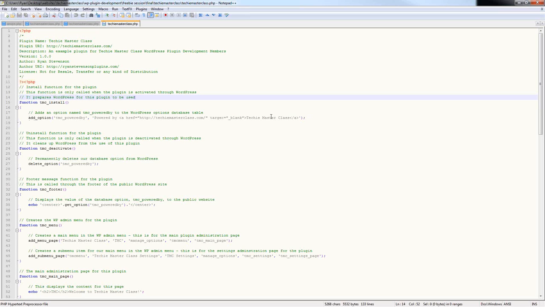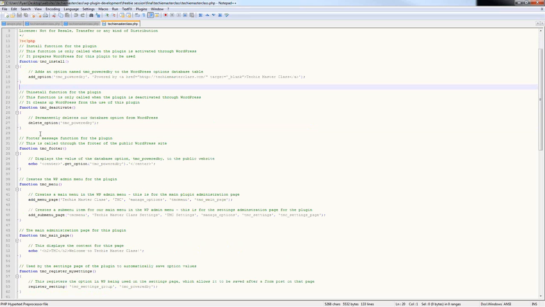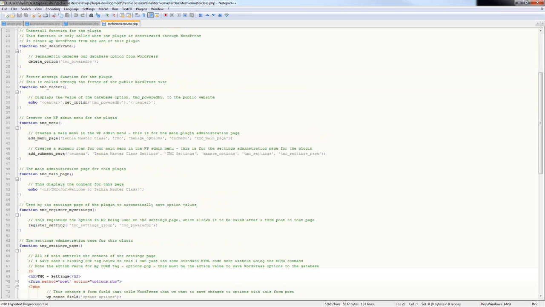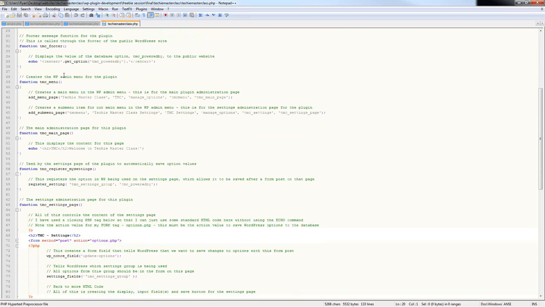And then the actual code that is being ran within this function file, it is adding an option named TMC Power By to the WordPress options database table. So I've gone through this entire file and explained all of these different pieces to you, so you can actually understand what is going on here. If you need a little bit of additional explanation beyond maybe what I have covered,